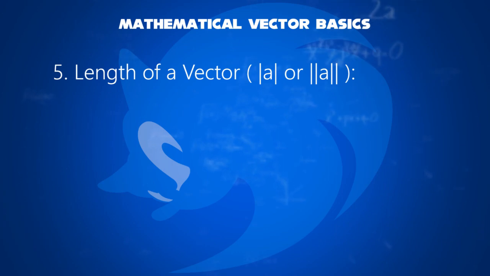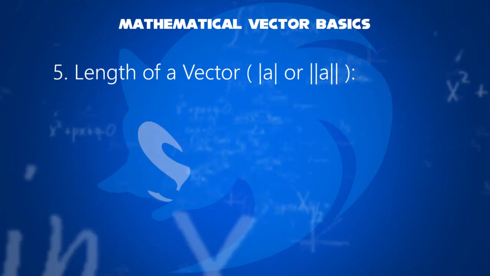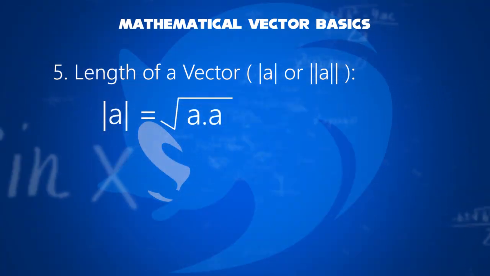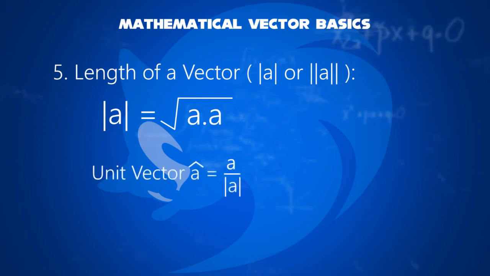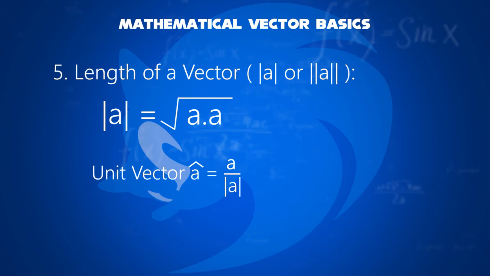The length or magnitude or norm of the vector a is denoted by its absolute value, like modulus. The absolute value of a equals the square root of a times a. If we write a unit vector a equal to a divided by the absolute value of a, this is known as